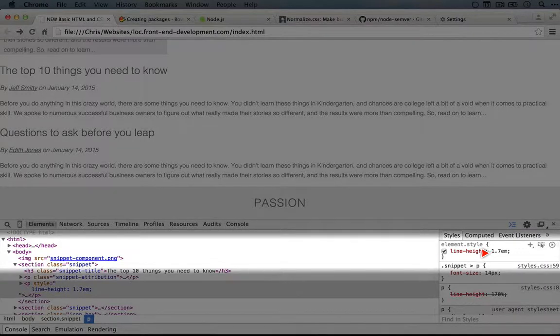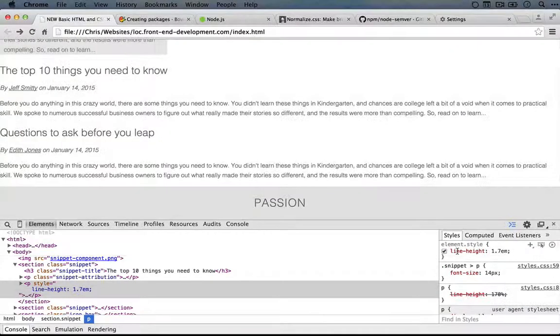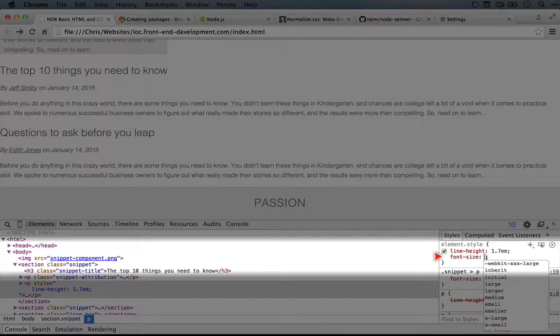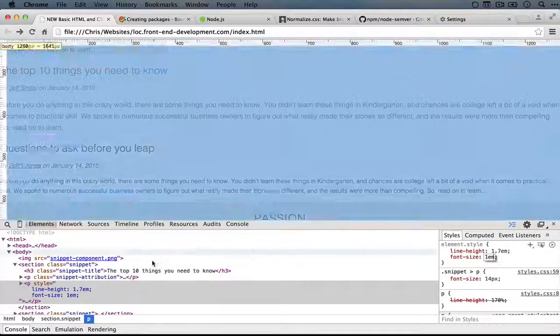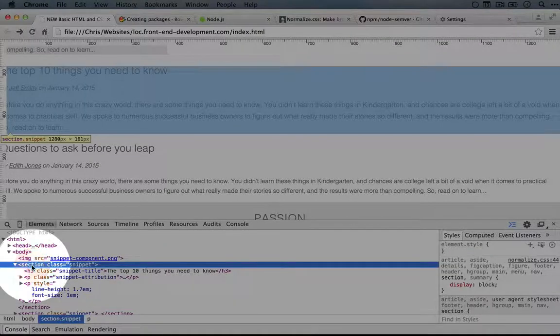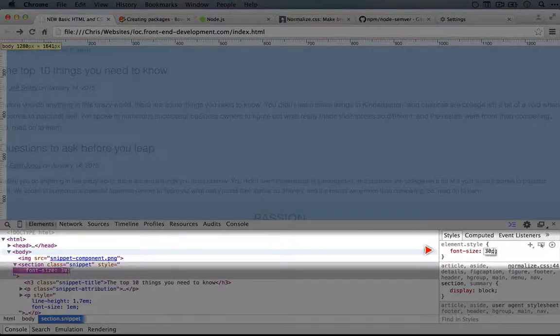So right now, this EM measurement is for the line height, which is directly tied to the font size. So let's change the font size to EM so we can see how the unit value changes as it cascades through multiple elements. So again, we'll add a line right here for font size, and we'll give it 1 EM. And now let's go to the container, which is this section element here, and let's give this a font size. So let's do font size of 30 pixels.